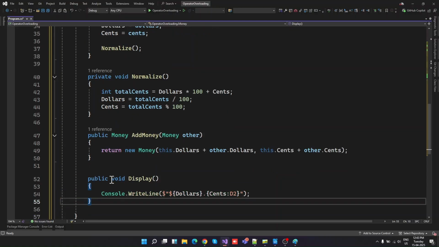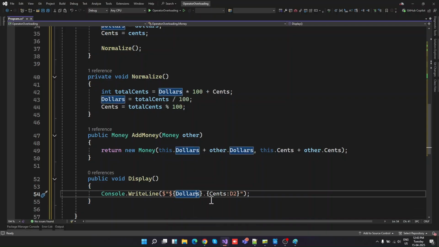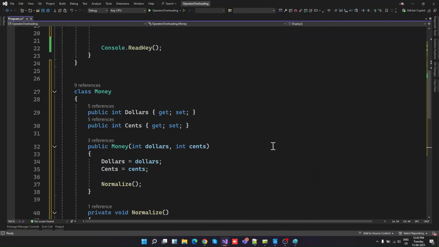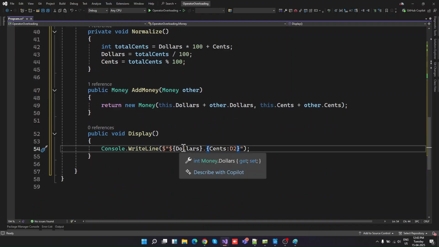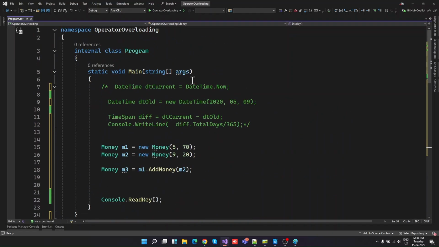That's fine, so I accept that. So display will be displaying the money in the dollar dot cents format, right? So that's the function dollar dot cents. So what we're going to do right now here is